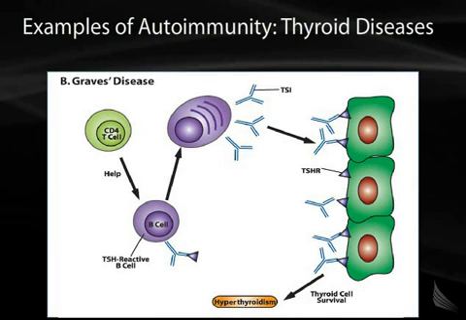So Graves' disease is a very interesting autoimmune disease in the fact that these antibodies are not destructive, they're stimulatory. So here we have a B cell that makes antibodies that will bind to the TSH receptor on thyroid cells, but instead of destroying the thyroid cells or mediating their destruction, they actually stimulate the thyroid cells. So these antibodies will stimulate thyroid cell survival, and that leads to more thyroid cells than you would normally have. It prevents regular turnover, and you get hyperthyroidism and hence the symptoms of Graves' disease.